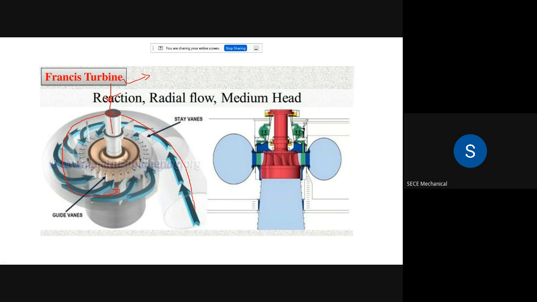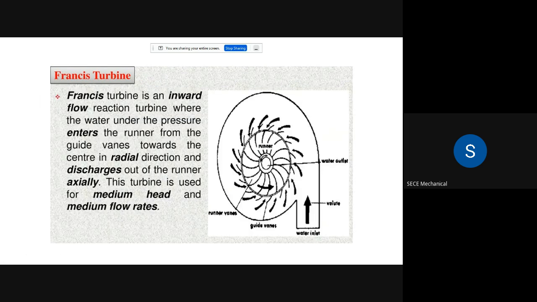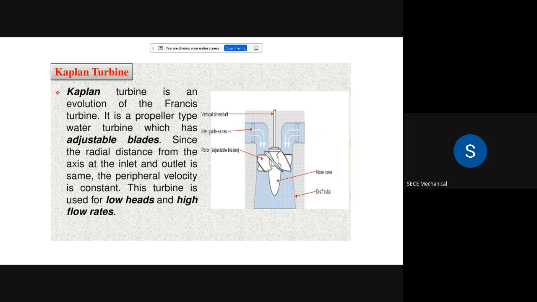When you go for turbines, there are different types of parameters, like what is called gross head. Say for example, the gross head HG, what is it? The next one is the type of net head, what is called net head. And what is called efficiency. Another important parameter is the efficiency of the turbine.